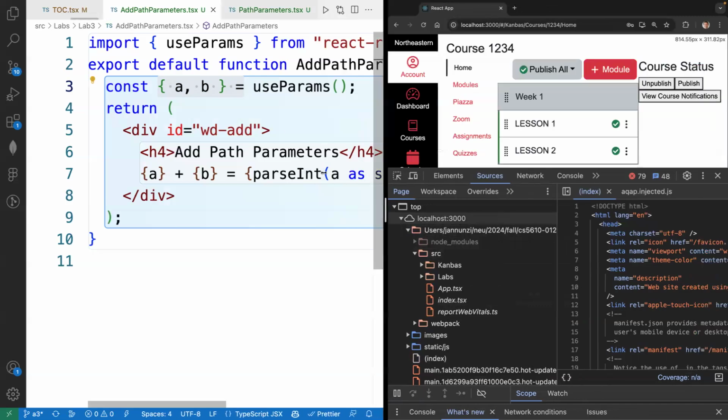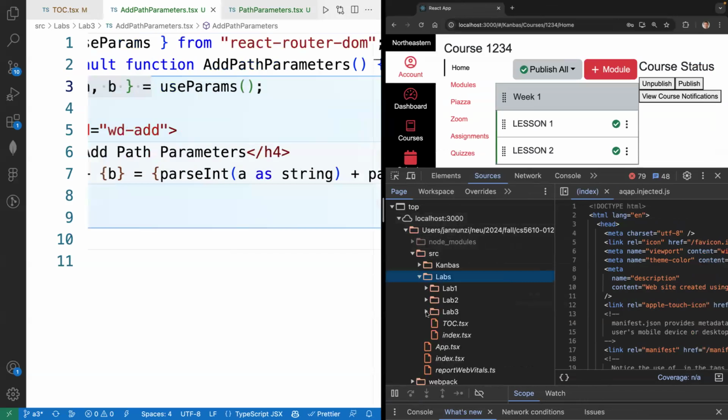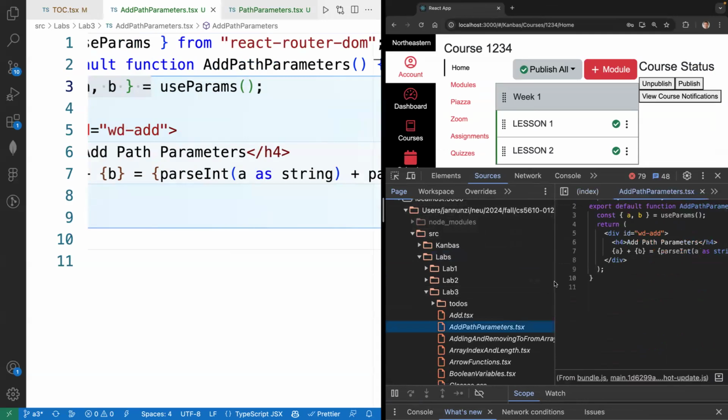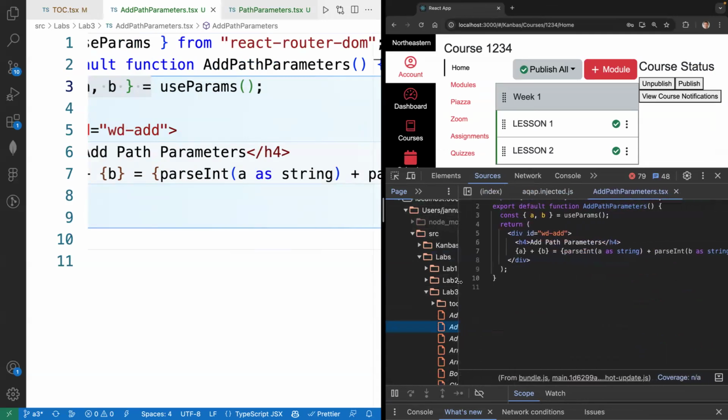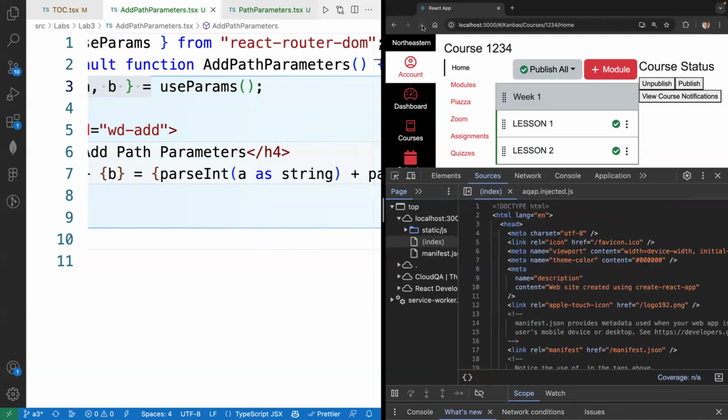So for instance, in this example, add path parameters will be available under the labs, under lab 3, add path parameters. You can click on that, and there it is. So this is the source code that we are working on. And you can put breakpoints. Why is it not letting me put a breakpoint? Oh, there it is. So there's a breakpoint there, or over here, for instance, so that if you refresh,